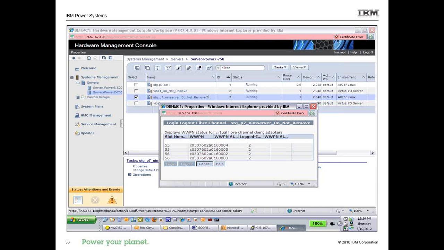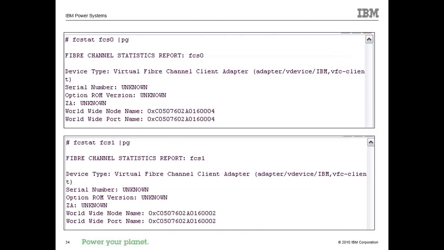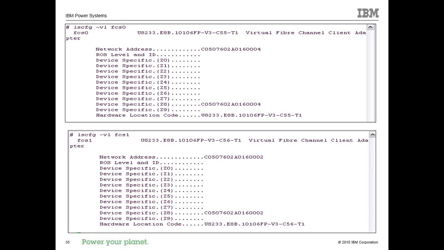Right now we're just going to move an NPIV client from one server to another, and this is what our current WWPNs are in the client, virtual WWPNs. You can go into the client and type these commands to see those same numbers. You see this Charlie 004 on the top and 002 on the bottom. Basically, I'm going to show you screenshots. After we do a move, it's going to be using the odd numbers instead of the even numbers. And this is still showing 04 and 02 on the source.